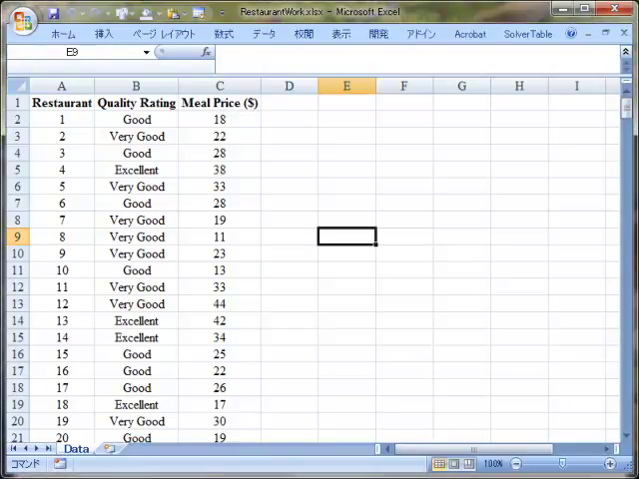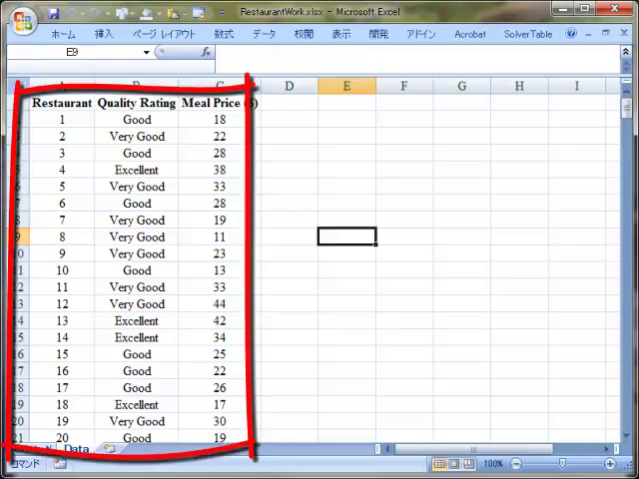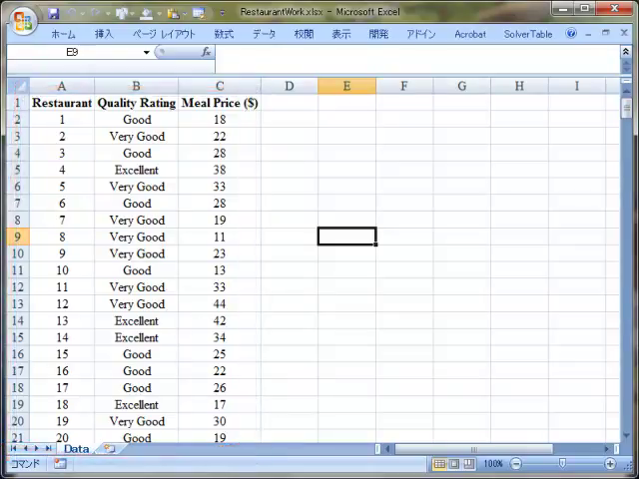Hello, in this video we want to take a look at how to use Excel's pivot table tool. We have here the restaurant data set, in which there are 300 different restaurants who were given ratings. Someone went in, ate a meal, rated the meal as either good, very good, or excellent, and recorded the meal